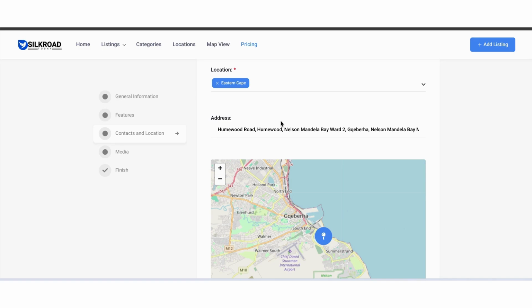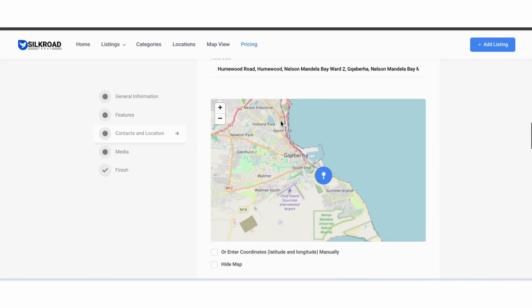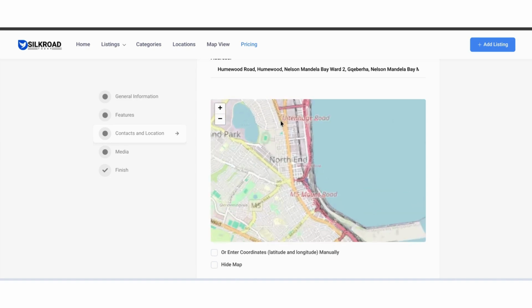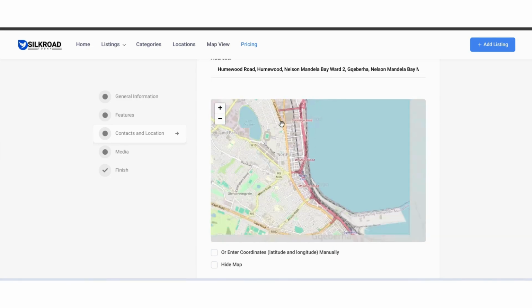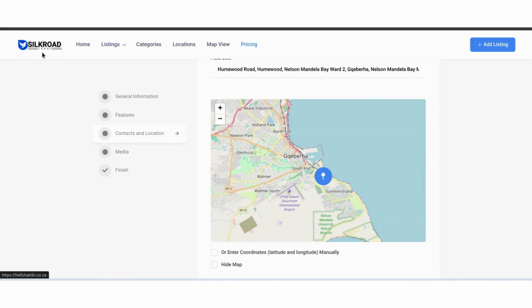of course can be specific or non-specific. Specific meaning the building number and street. Non-specific would be the city name, the suburb name, or the residential space. I must mention that whatever address we put in will be populated on the map, on the Silk Road Today